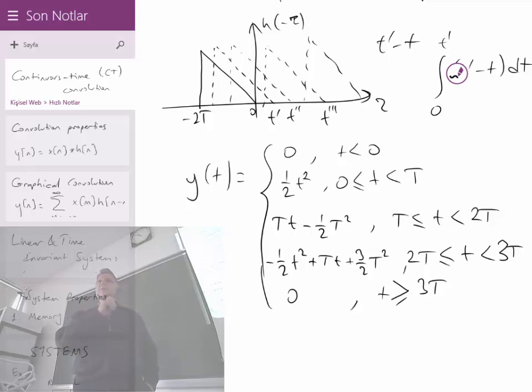The Java applet is also capable of doing continuous time convolutions. Perhaps in a future week, I will also install that and we will see some examples. But before that, please also do that. Okay? Go to the web page and do some continuous time convolution too and see what's going on.